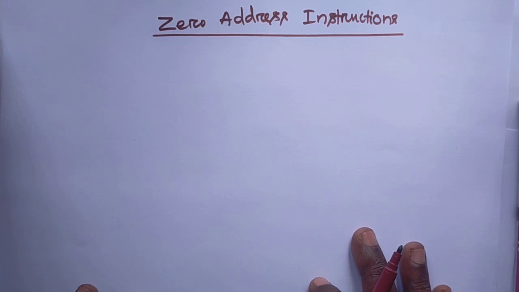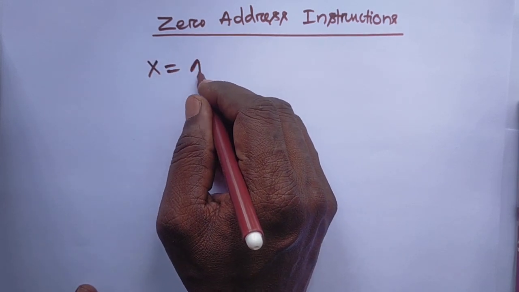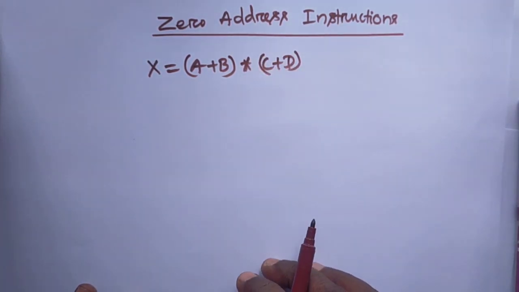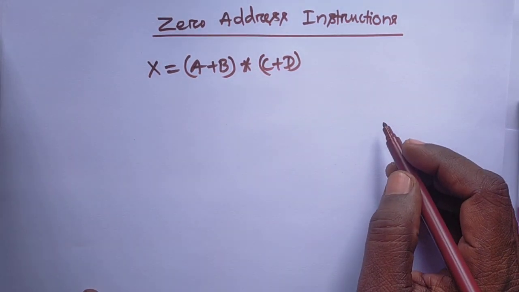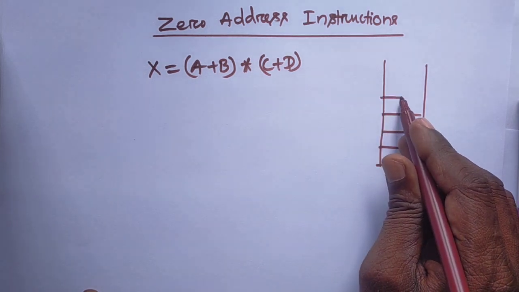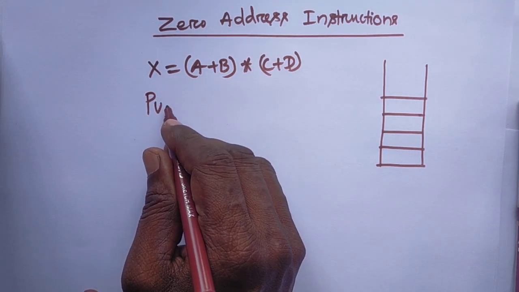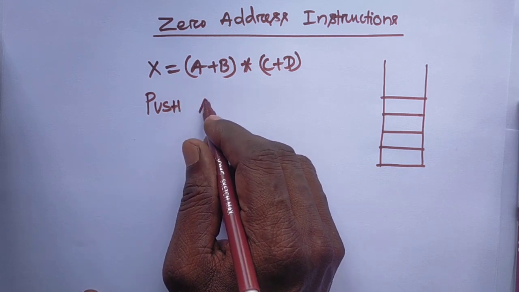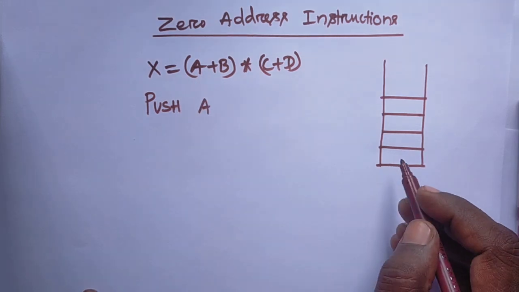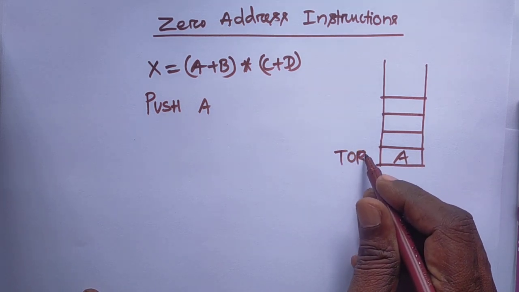Take an example, the same example: X = (A + B) * (C + D). Since it uses stack organization, we use the stack operand in a very simple way, using push. Push A means the first data A is pushed into the stack, and TOS, the top of the stack,